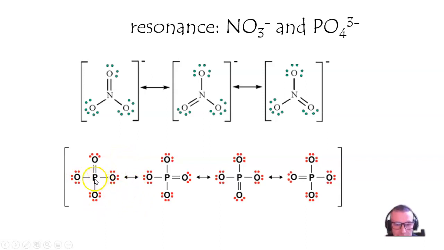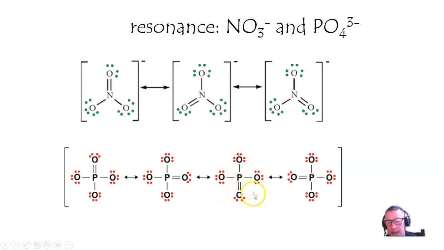Now just try to imagine how we'd go from here to here. I'll do it for each case and then we'll be done. I need to make this bond double and that one single. So I'm going to go whoosh, whoosh. To go from here to here, I need to make this one double and that one single. So I'll go whoom down to there and whoom up to there. For this one to this one, can you see what the mechanistic arrows would be? Looks to me like we want to make this single and that one double. So we're going to go from here whoosh, down to the bond, and from the bond